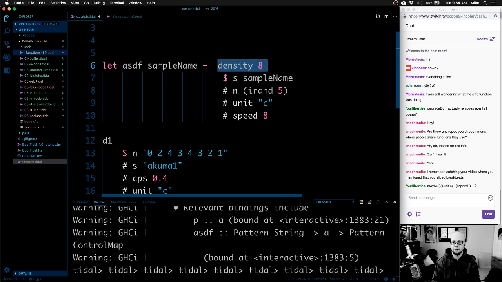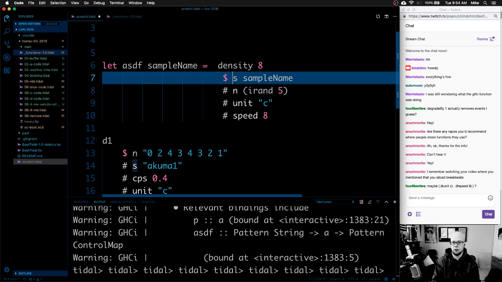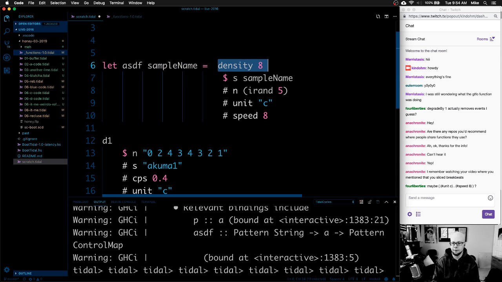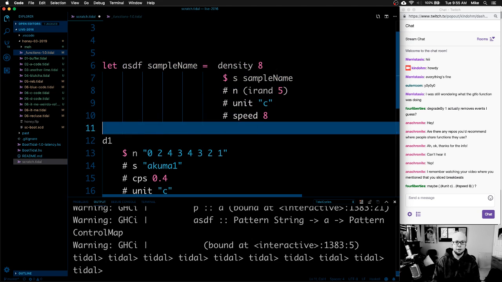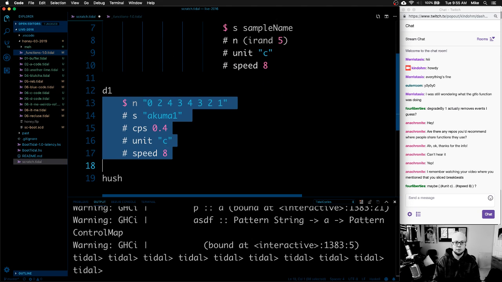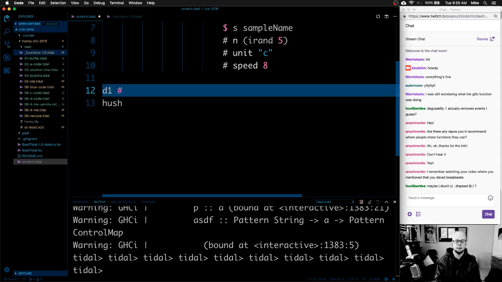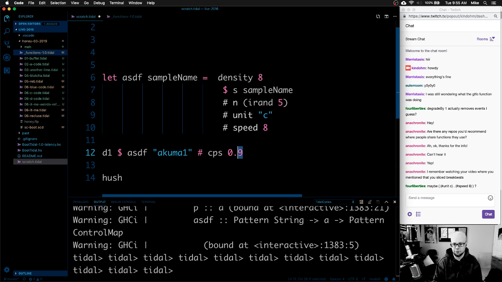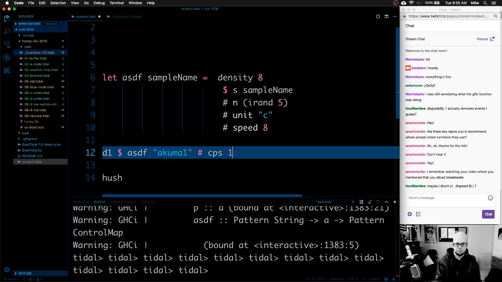And my pattern here, the sound pattern, only plays 1 sample per cycle, so I'm also increasing the density of that pattern by 8. So now I should be able to just do ASDF QMO1. Will this work? Yes. And I can set my cycles per second to whatever I like. Heck, we could even do